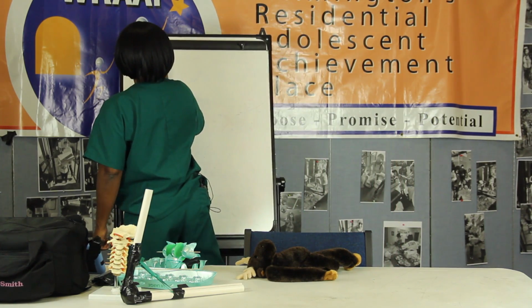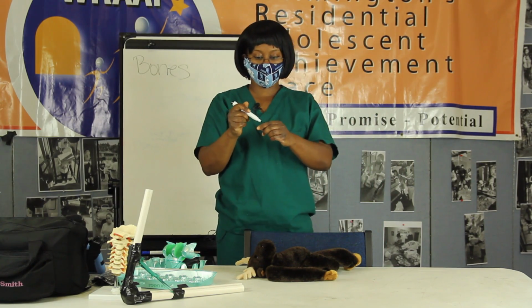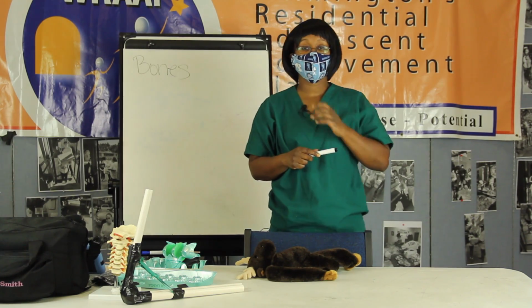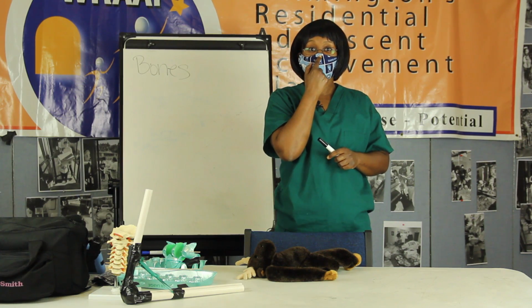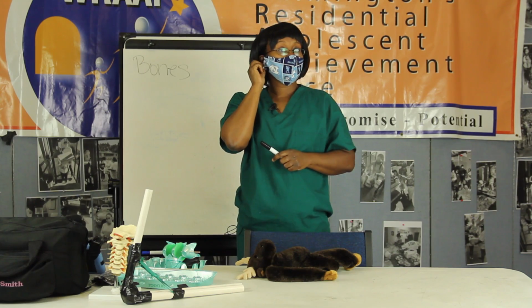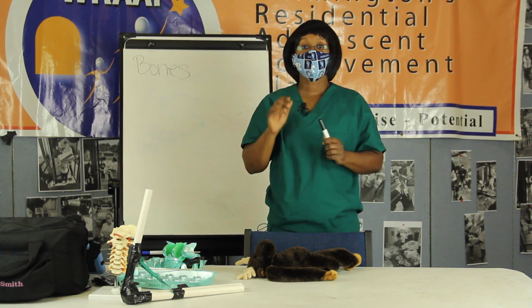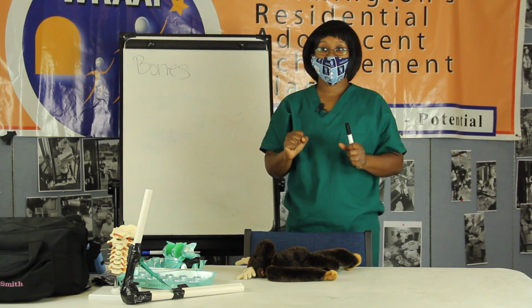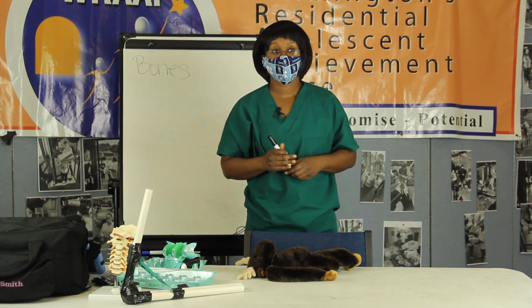Okay? All right. So the skeletal system consists of bones. What bones are, they're a hard material in your body, and how they're formed is you have collagen, just like if you feel your nose. It's all flexible and you can move it all around. You can do the same thing with your ear. That's because they're made of collagen or a type of cartilage. Your bone has that same material, but what makes it tougher and stronger is that it has calcium that also makes up the bone. So that's how it protects us.